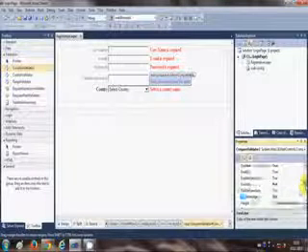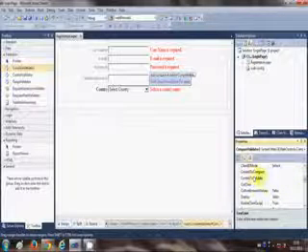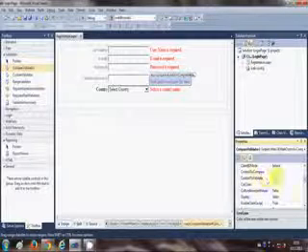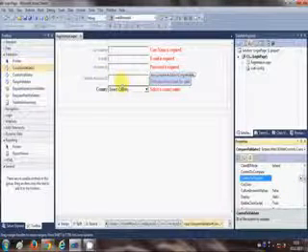Regular expression is nothing but it just checks for the pattern. For example, it checks for the email pattern, and if it matches the pattern of email, then it will